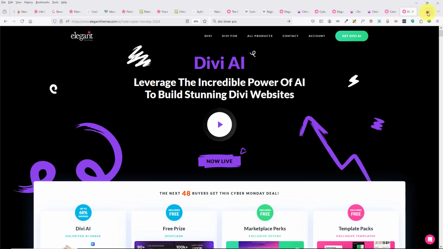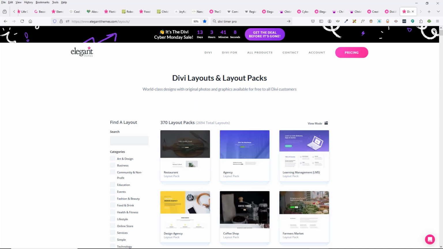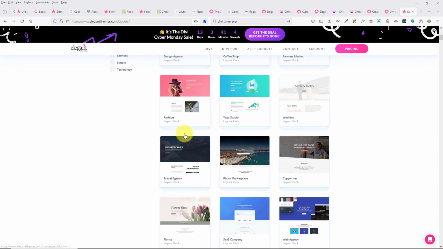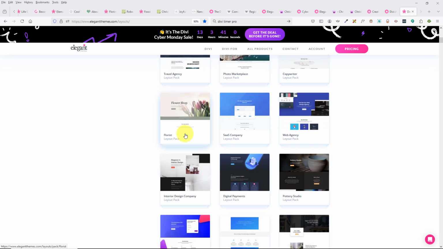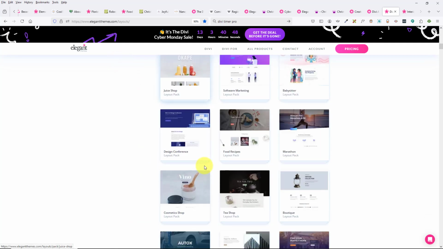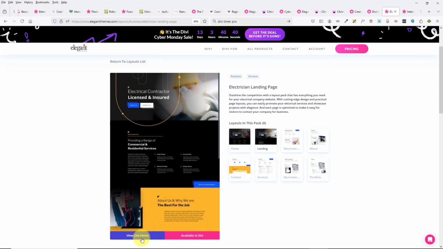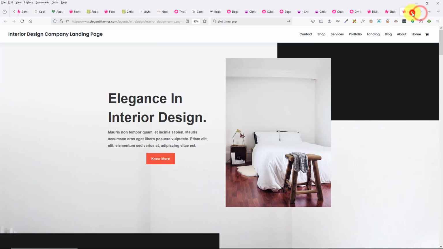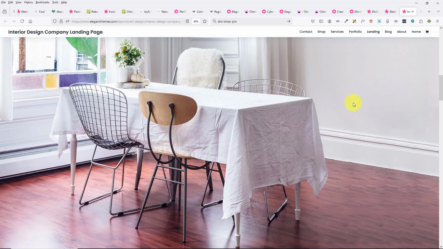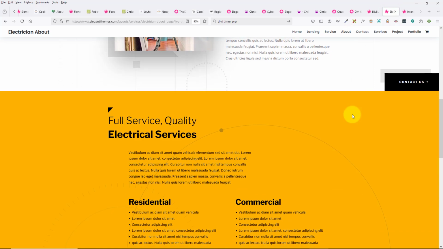And you don't have to pay for Divi to look at the layouts. You can look at the layouts before you buy it. When you come here, let's say you pick the interior design, view live demo, and let me go back, return to the layouts list, and where was that electrician? Here it is. Okay, so let's say you're going to have your home page, this interior designer, and then a different page like this. You can do it, but